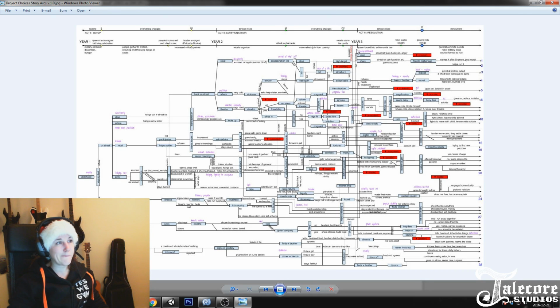And then I started plotting in one storyline at a time. This maybe looks like a web, but there is a story here where you become a rebel, here you join the army, and so on. So I put in events for each storyline that correlates to these as well.